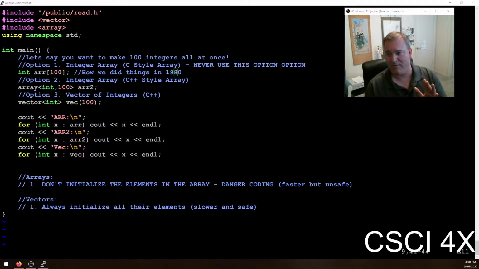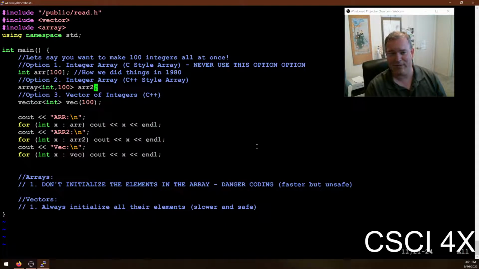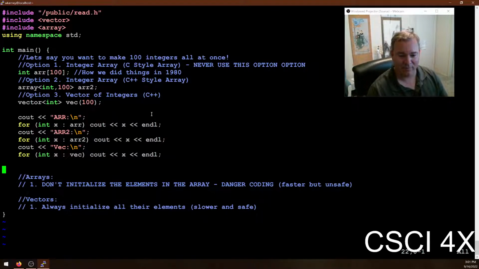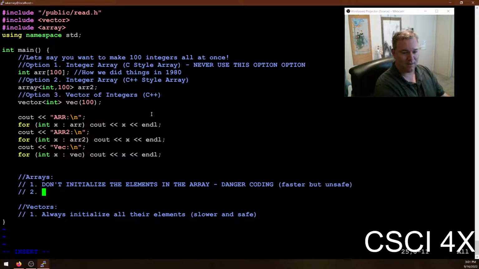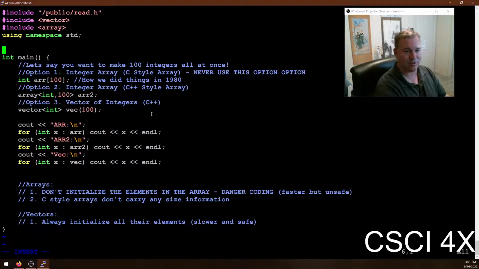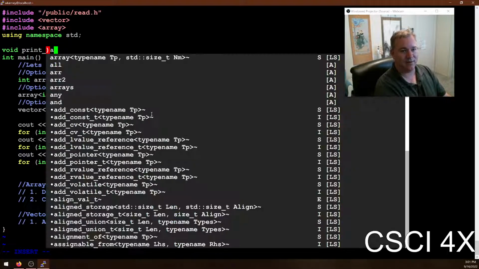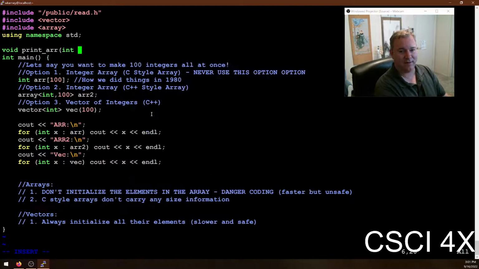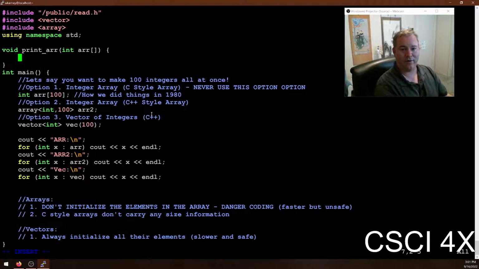If you're using modern C++ and you want to use an array and you want the faster but unsafe benefit, use a C++ style array. Okay. The reason why this is bad is because C-style arrays don't carry any size information. In other words, you don't actually know how big they are, especially if you pass them to a function. So if you were to pass something to a function, void print the array, and you pass in an integer array,